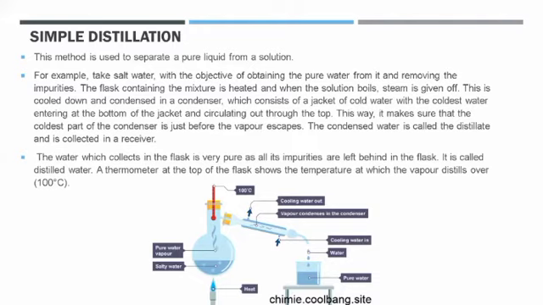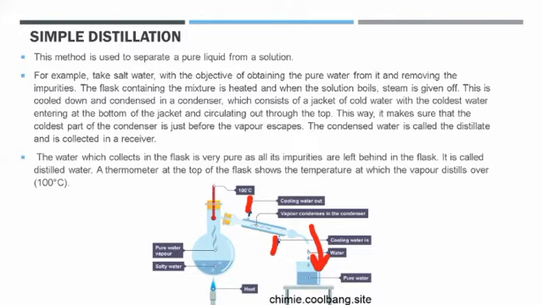You have your round bottom flask here. When you heat the mixture, the pure water vapors will rise at exactly 100 degrees Celsius, because that's the boiling point of water. And these vapors are going to pass through the Liebig condenser. This is just the name of the condenser, the Liebig condenser. And what does this condenser do? This has cool water going in from here and leaving from here. And in the middle, all those vapors that are passing through are going to condense because the temperature has been lowered. So these water vapors will condense and form a liquid, and are going to be collected in the beaker or whatever container you have at the bottom of the condenser.